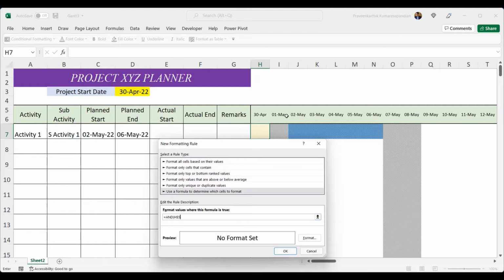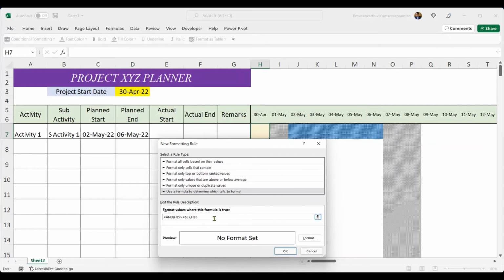So this date H5 is greater than or equal to this one, E7. Okay, it should be $E7, comma, H5, it should be H$5